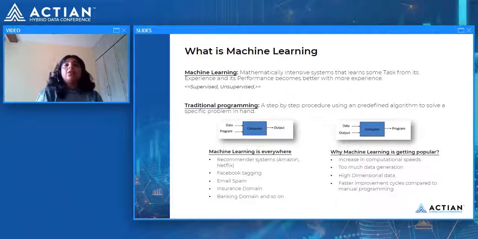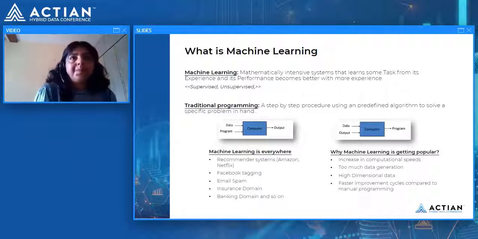So whatever you're trying to explain to the machine that this is what you have to learn, slowly and steadily it learns that over a period of time with whatever algorithm we are giving to the machine. So that is a comparison between real life and machine learning. How? Because all machine learning algorithms are generally picked up from how human cognitive skills work. So, how the neurons are there in a human brain, and how that gets translated into machine learning.